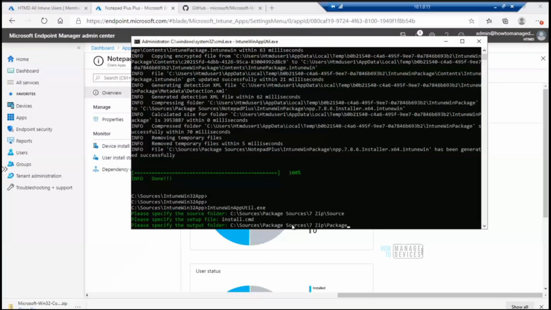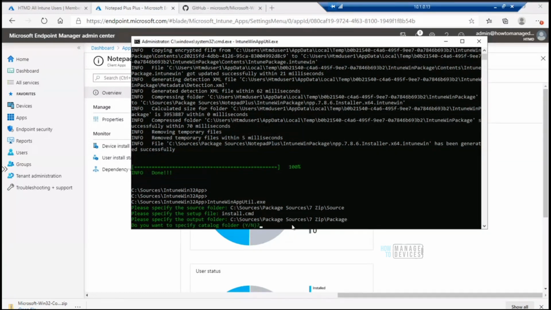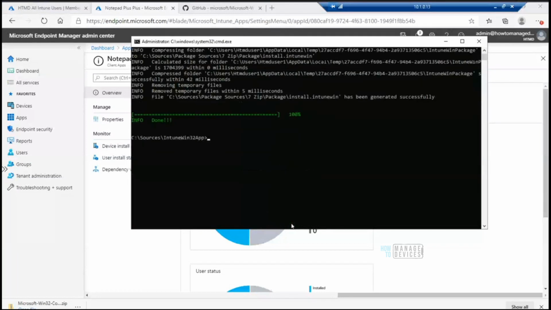Install.cmd is my setup file, and this is my package source. The package file is where my application's Intune Win file will get created. I will say no to this. So it already created that.